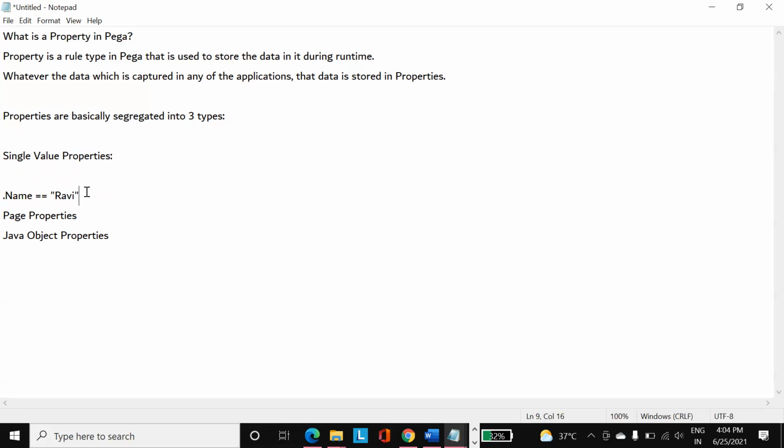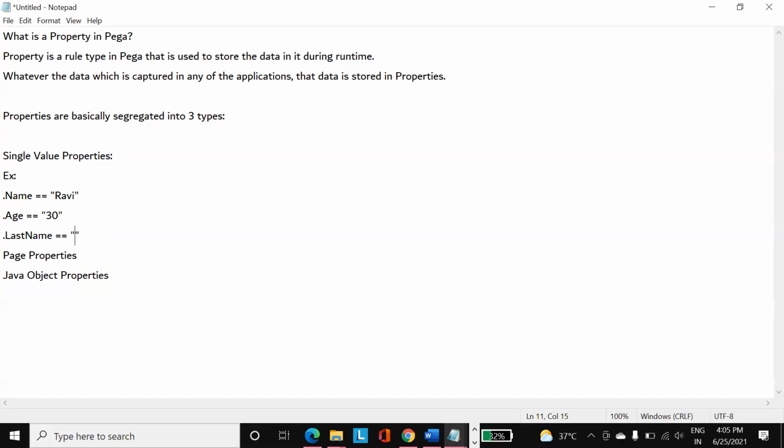That's what happens. It will store only one value at a time. It will not store multiple values. That is the purpose of single value properties. Examples of single value properties are dot name, age, which is equal to something like 30, and last name.